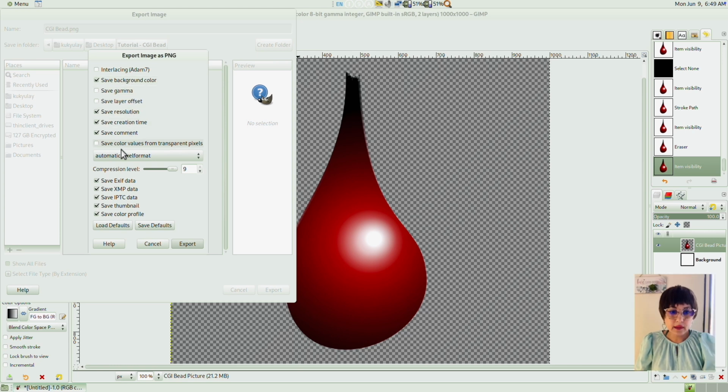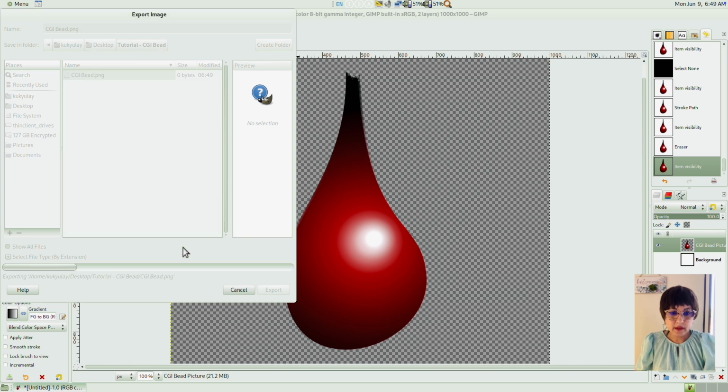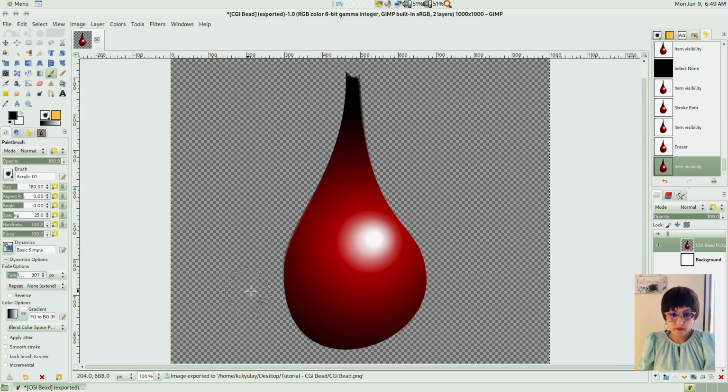See, background color, looking good. Export. There.